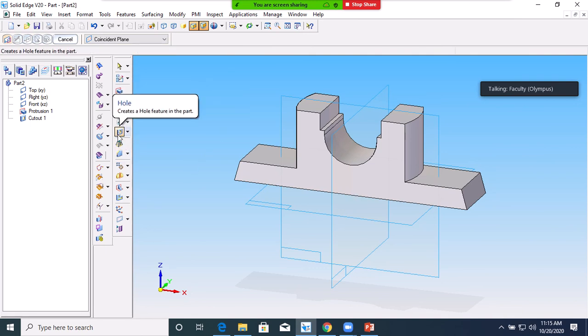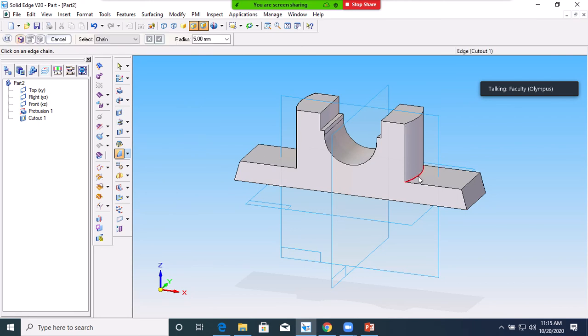Below cutout, if you move like this, you will have the round option. Select the round option, select this edge. You want 6 mm round. Enter 6 mm and say OK. Press enter.